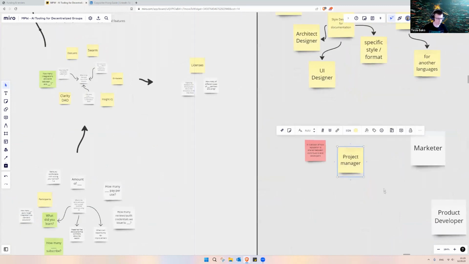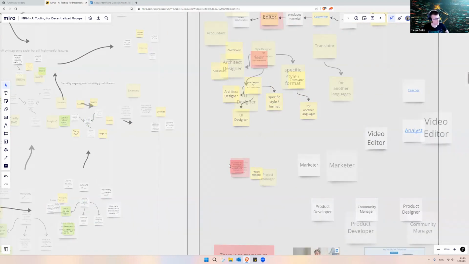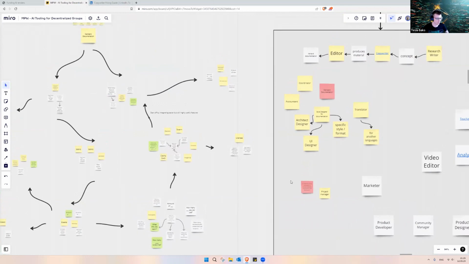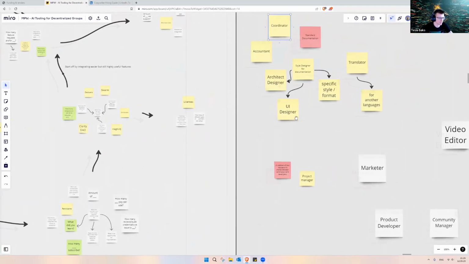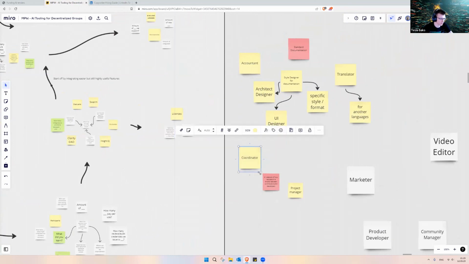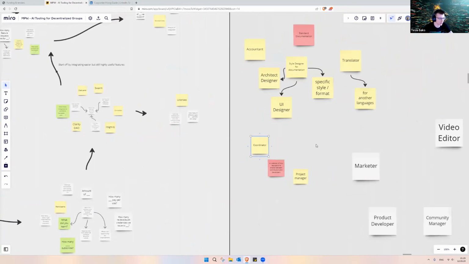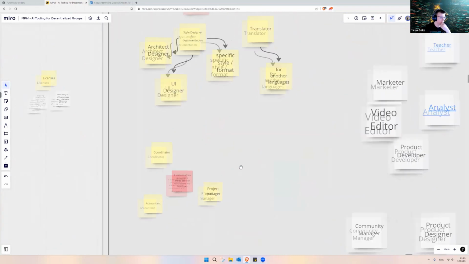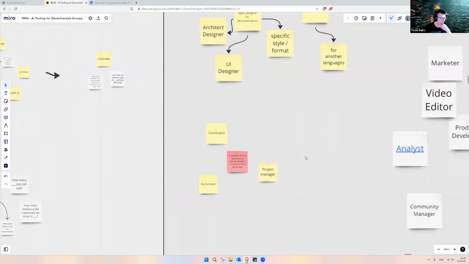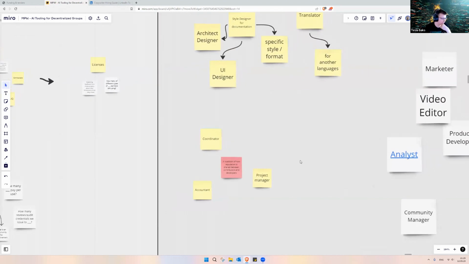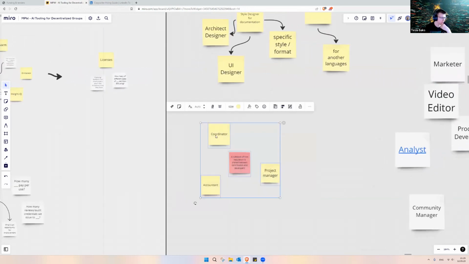Does anybody want to add some more roles? What would be needed in order to create this kind of collaborative environment? We largely mentioned a coordinator, so I'll also bring it here. And an accountant, I guess it's more relevant in this section. Would we need an analyst to look at how people are contributing and what they are working on?